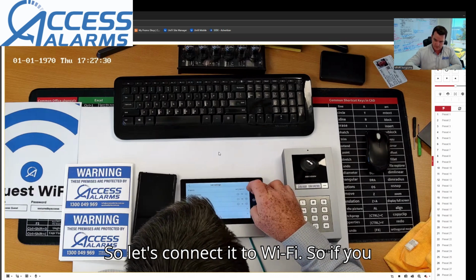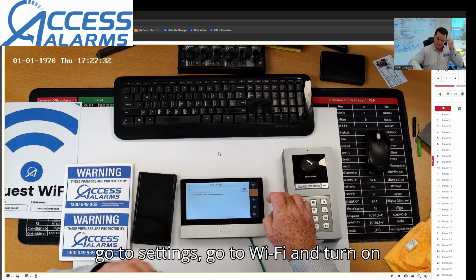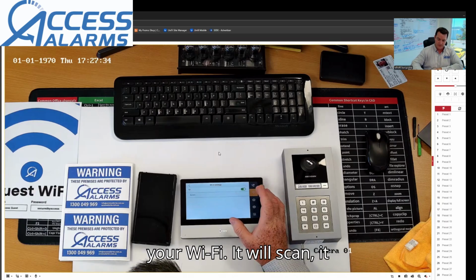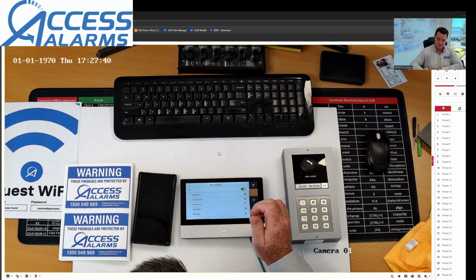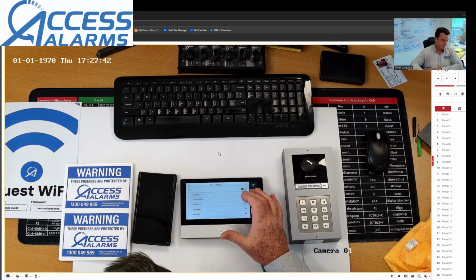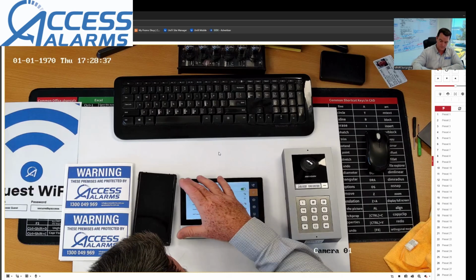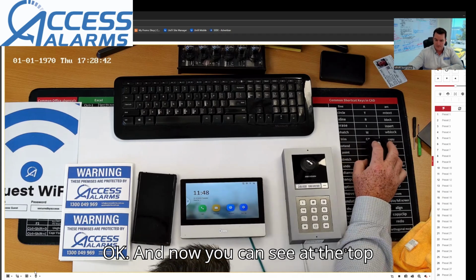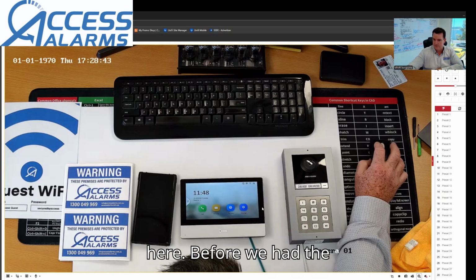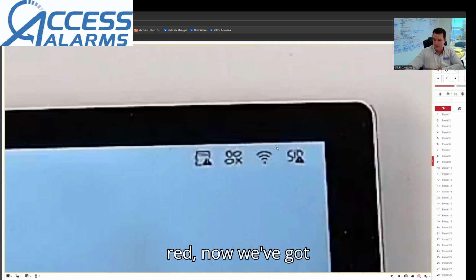If you go to settings, go to Wi-Fi and turn on your Wi-Fi, it will scan and find networks. I'm just going to connect it to our access guest. Okay. And now you can see at the top here, before we had the red, now we've got a little